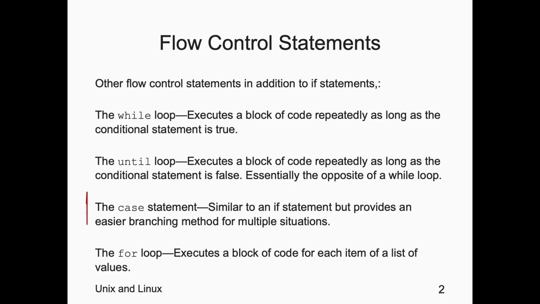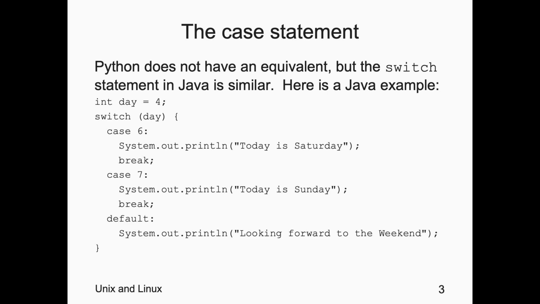And this is similar to an if statement, but it provides a much cleaner way to branch between multiple different situations. So if you're coming from Java, you might already know about the switch statement. Python, however, doesn't strictly have an equivalent, but Bash uses the case statement to handle this logic. Syntactically, we start with the case expression, and then you list your patterns, and each pattern is followed by a